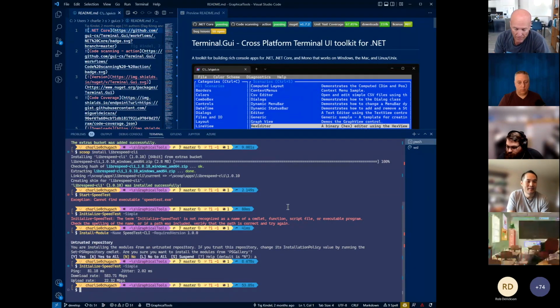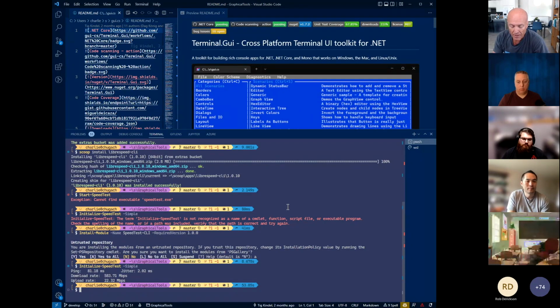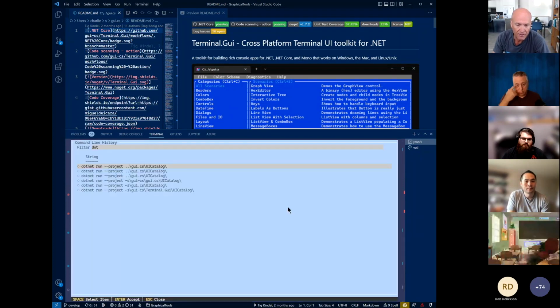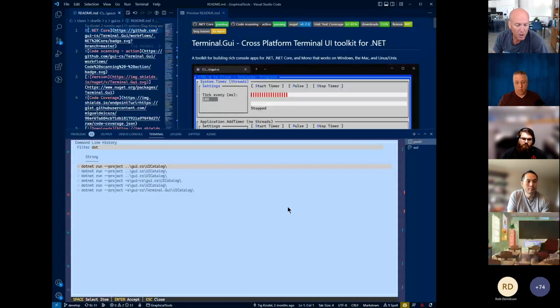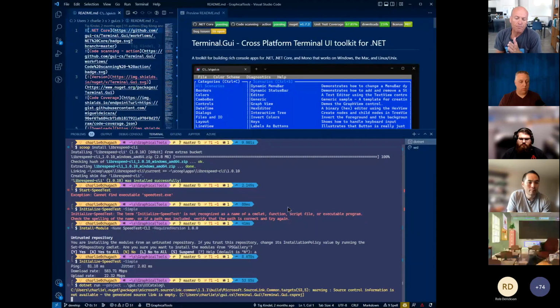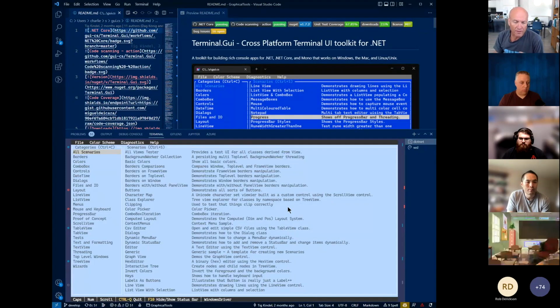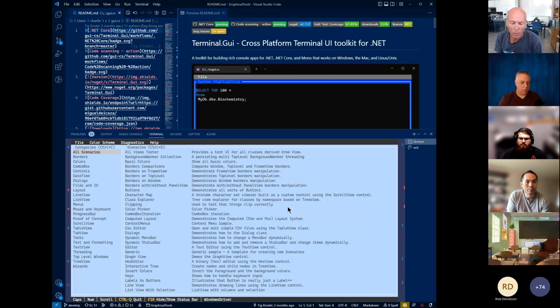I'm going to get to this by showing you how Out-ConsoleGridView works. I'm going to type a dot, and then hit F7, and I get a graphical display of my history. In this case, I want to run this UI Catalog project, which is the demo application for terminal.gui. I'm showing this all within VS Code versus going to a web page, so we can all see it. I hope everyone can see this okay.